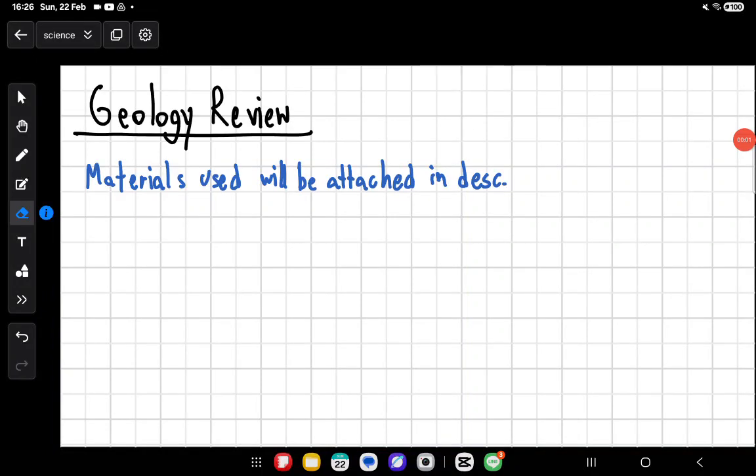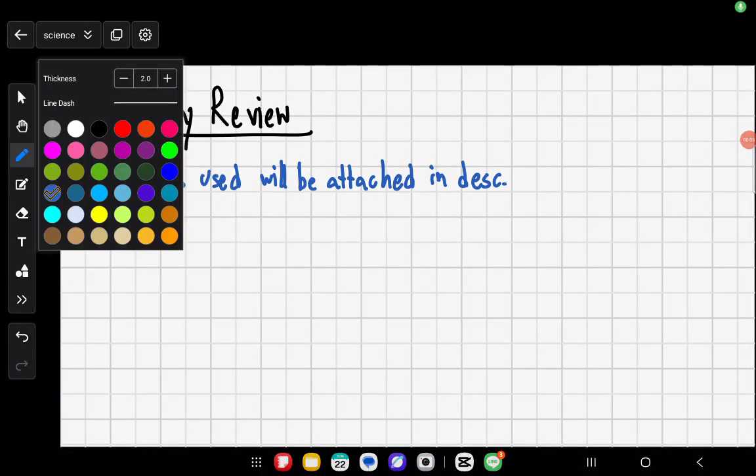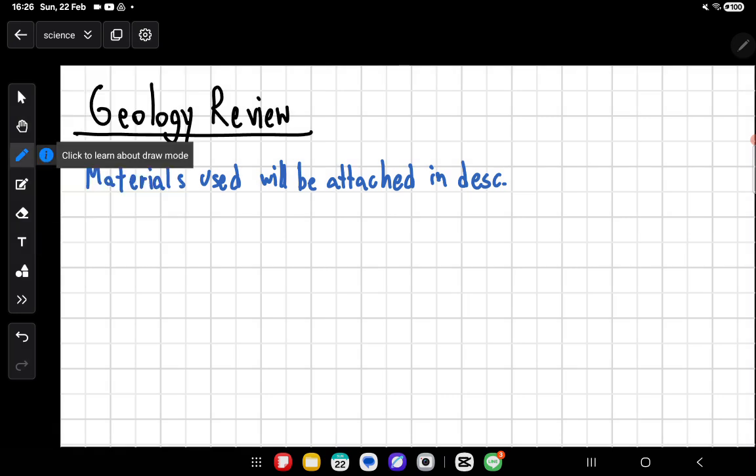Oh, good morning everybody. Today we've unlocked new colors, as you can see. Anyway, today we're going to be reviewing geology and